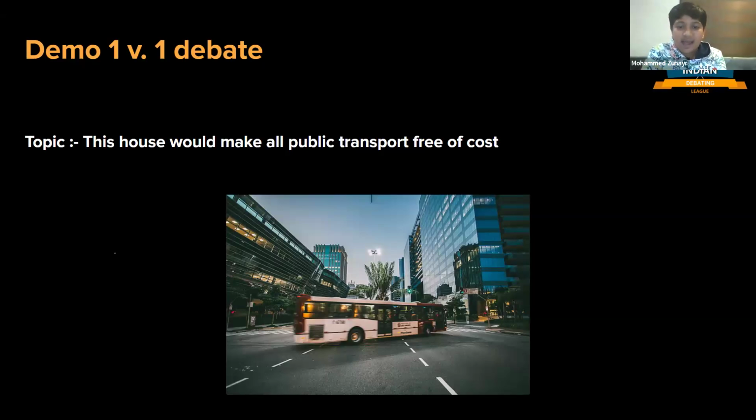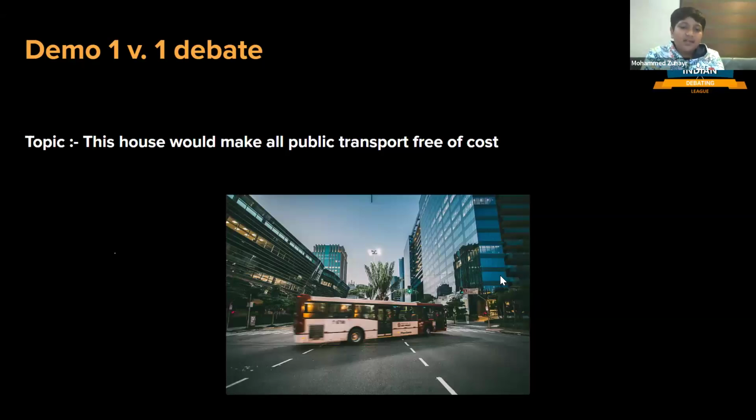Decline in service quality and infrastructure. Second, the introduction of free transport often leads to a decline in service quality. When there is no direct income from users, public transport systems might suffer from underfunding. This lack of funds can result in delayed maintenance, fewer upgrades, overcrowded vehicles, and fewer routes, leading to an overall drop in the quality of the service. Such degradation ultimately makes the system less efficient and less attractive to use.